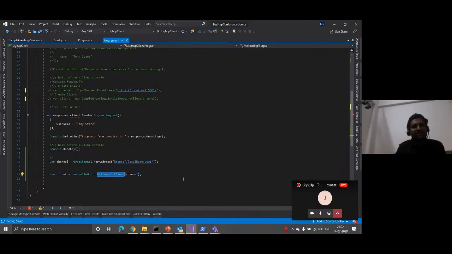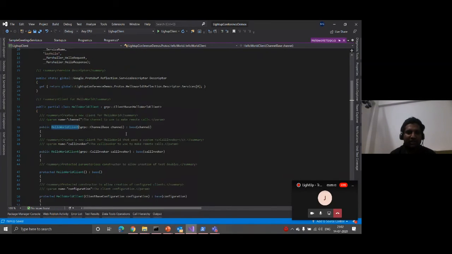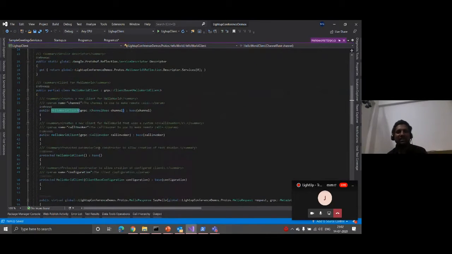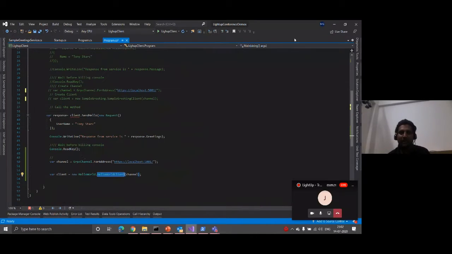This client is nothing but a client generated by our protobuf file. When you go into this, you will see that all the classes have been generated from the protobuf file when we compiled it. So this is our client.